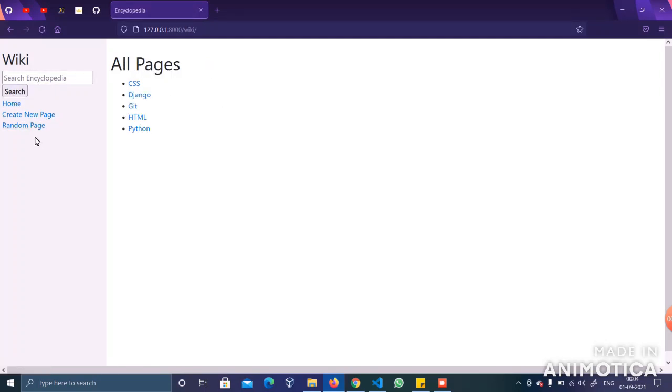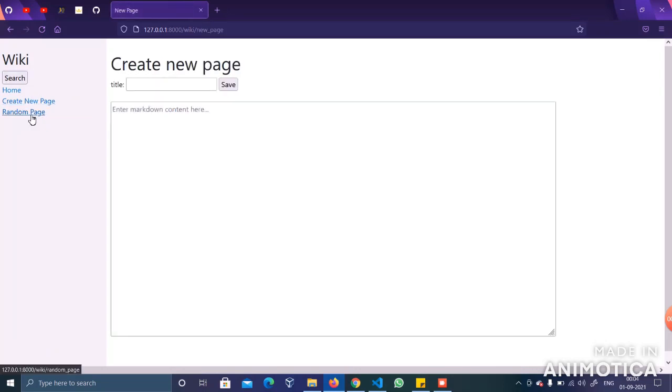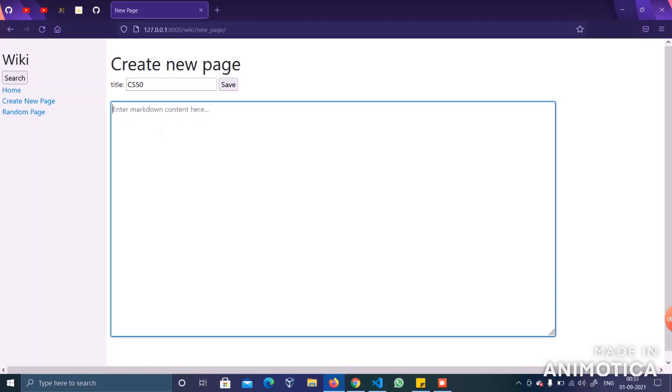So now let's go to new page. If you want to create a new page, the create new page link will lead to the new page tab, and here you can, so let's give one title, CS50, and type markdown